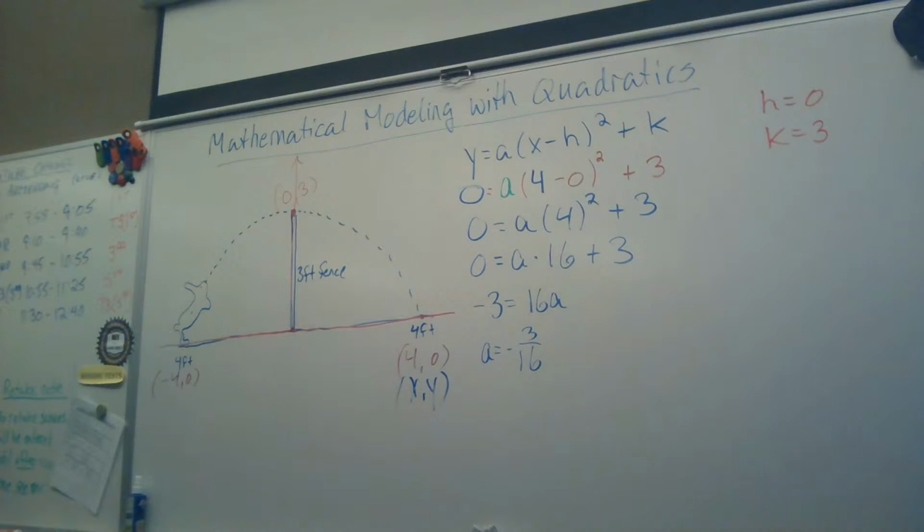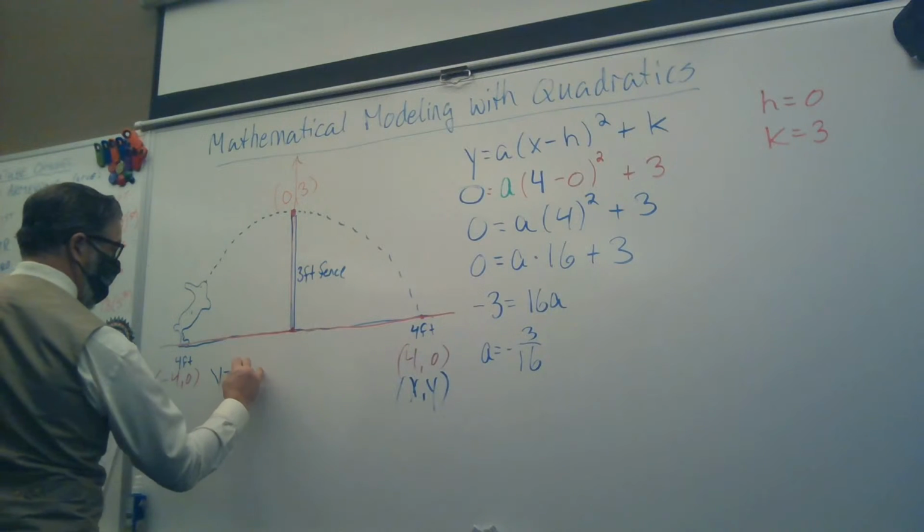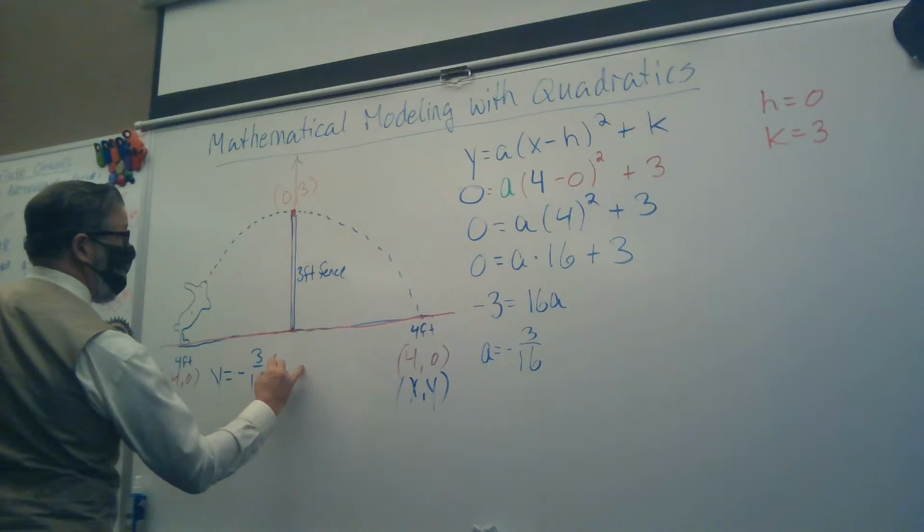Now, I know what you're thinking. Ooh, I don't know how to divide 3 by 16, so I'll get out my calculator. Hey, I got a better idea. Nothing wrong with writing negative 3/16. It's a perfectly good answer. We don't need a decimal. And if it's a decimal, you're going to want to round it because 3/16 is 0.125 plus 0.0625, which is 0.1875. And then you're going to say, oh, well, that's about 0.2. And then you're going to be wrong because the stretch factor is not about 0.2. It's exactly negative 3/16. Hey, look, the equation of this parabola is y equals negative 3/16 times x minus 0